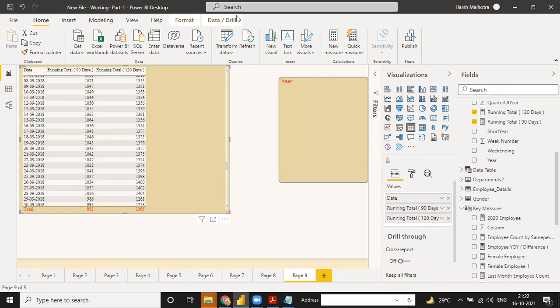Now tell me, because I'm going to share this file with you so that you can identify and make your calculation in your file, and then we will continue the class tomorrow. Any doubt you have? Because you have to practice till tomorrow, so if you have any doubt, you can directly ask me live or send me the doubt on my WhatsApp so that I can refer to it in today's class.